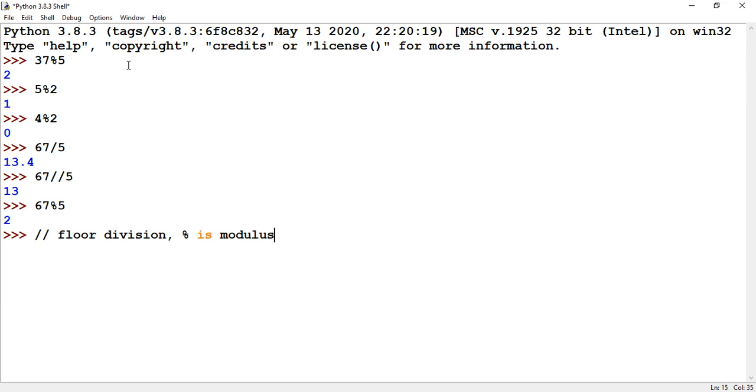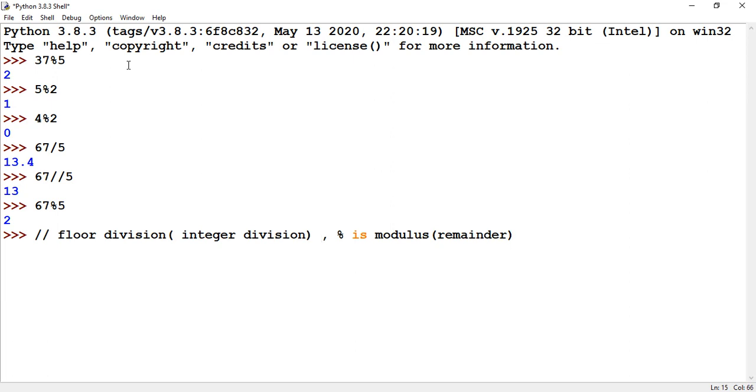It gives you the remainder, and the previous gives you integer division. So these are the two operators that will be very useful.